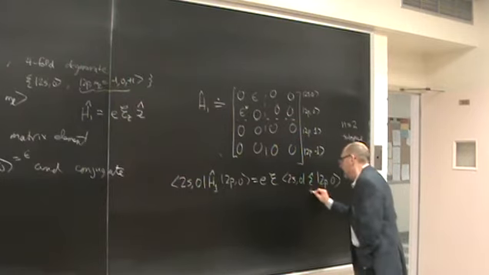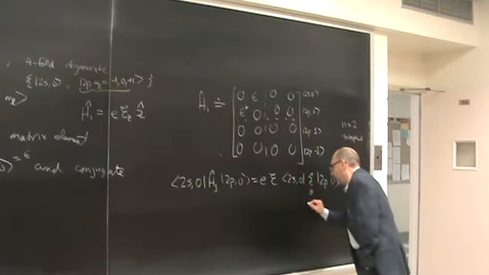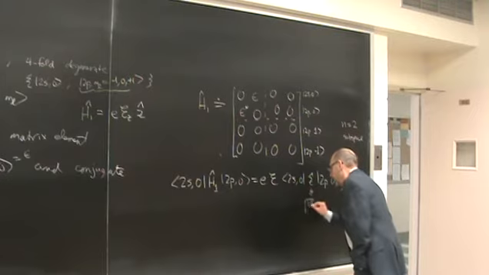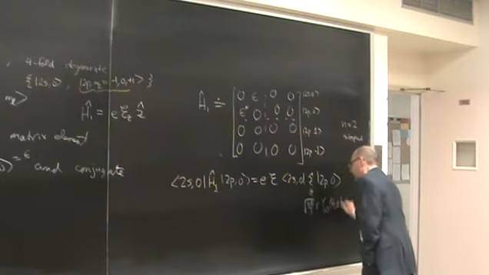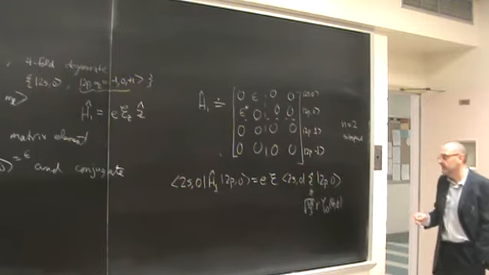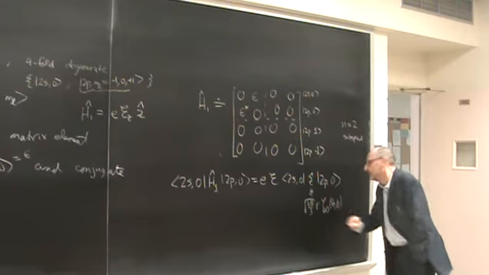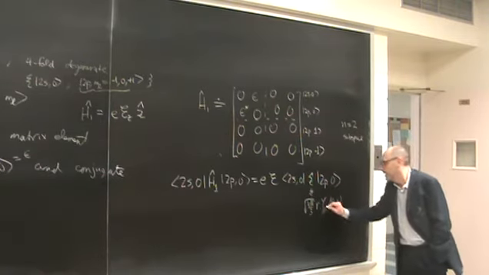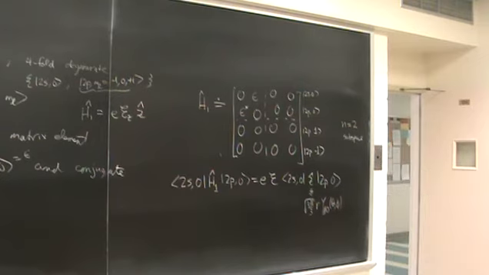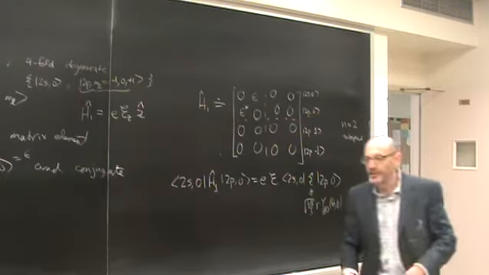We wrote Z here as the square root of 4 pi over 3 r Y_1,0 of theta, phi. We do the radial integral, the angular integral, and then I have to look up what the number is